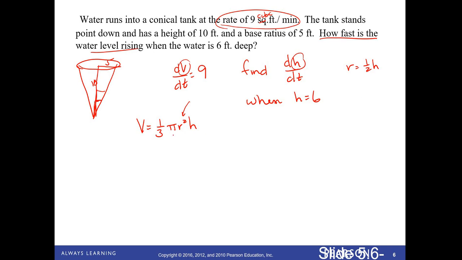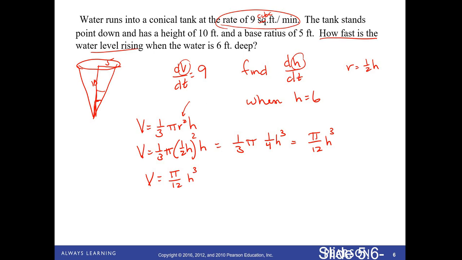So I can substitute that in for r. My equation now becomes volume equals 1/3 pi r squared h, which is 1/3 pi times 1/4 h cubed. So I'm going to write it finally as pi over 12 h cubed. So now I have an equation